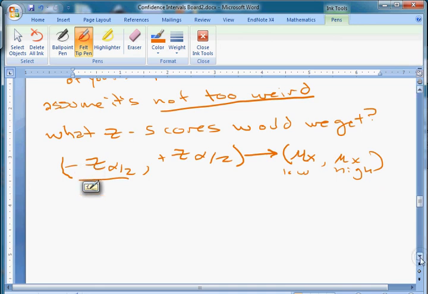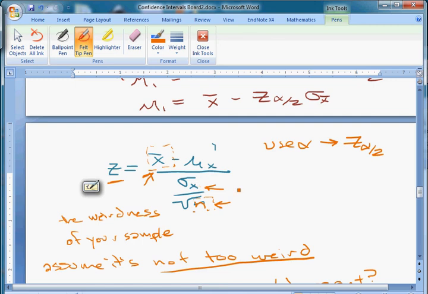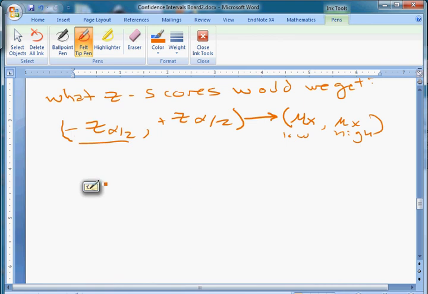Okay. Now, in order to do that, if you notice, we had to assume that we knew the population standard deviation. Now we can get away from that, and that's what we're going to do in the next video. So, this is how you find confidence intervals. The CI, when sigma x is known, looks like this: